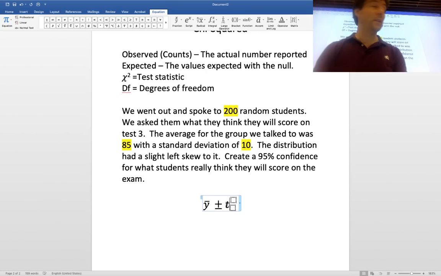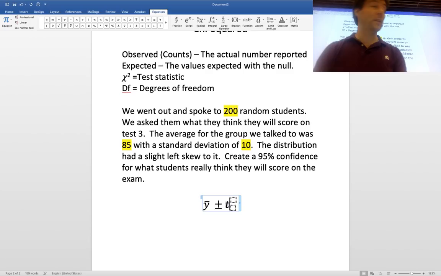So it's t with n minus 1 degrees of freedom, not n minus a. T with n minus 1 degrees of freedom. And then we go right here, and we do our last thing, little radical, and we do s over the square root of n. So if you notice, I've set you up perfectly for this problem so that you can get every part of it. Now, once you have your formula, you'll notice you already